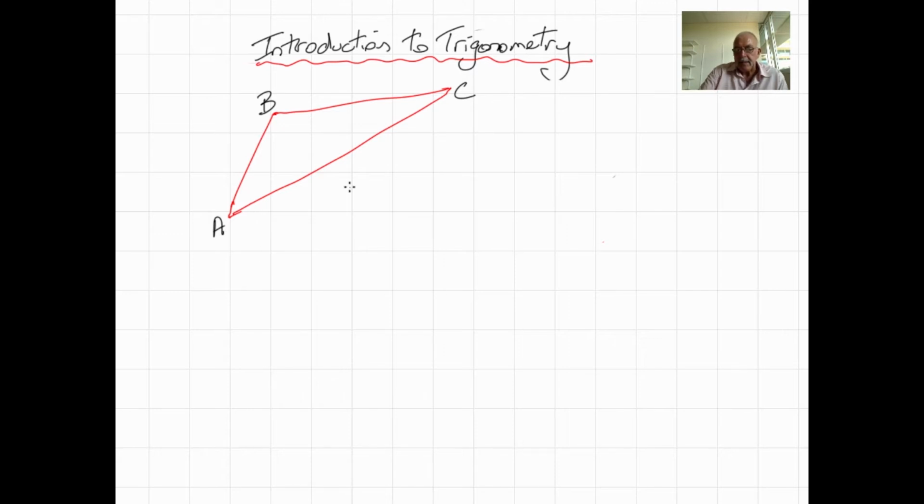Now A, B, C capitals are used for vertices, and sometimes they are used for the angles as well. So that's angle A in there, angle B, angle C, etc. It's conventional to use lowercase of these letters for the side that is opposite the vertex. So here we've got vertex A or angle A, well opposite that we'll have side a. Here we've got angle B or vertex B, we'll have side b being from there to there, and side c